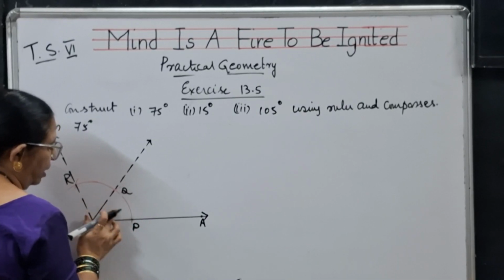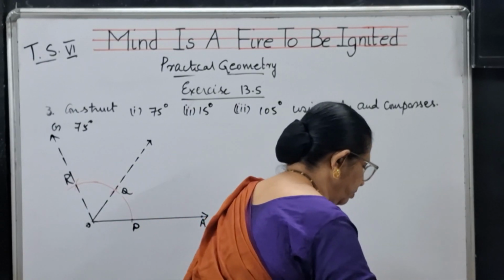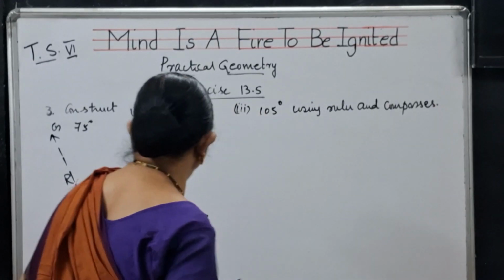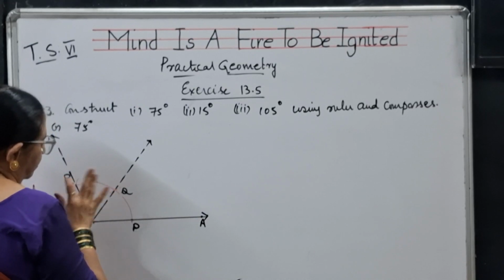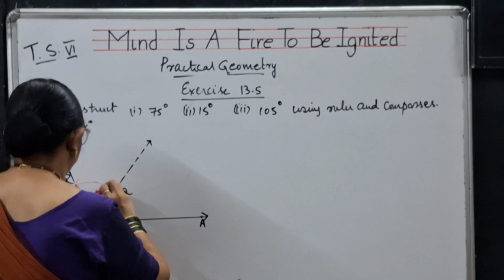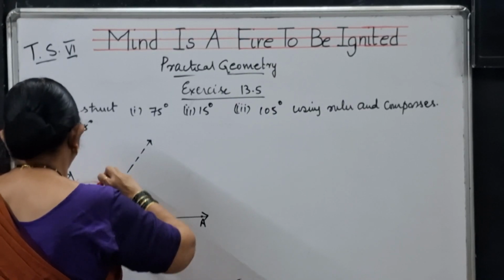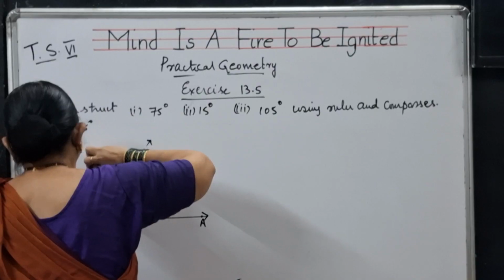Total it is 120 degrees. Now what I need to do, I have to bisect it to get 90 degrees. So bisection, more than half, I should draw an arc like this,